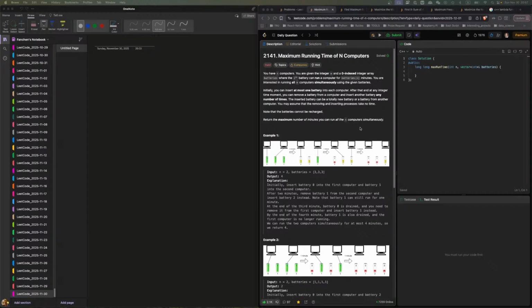I vaguely remember this. Vaguely. Solution-wise, I don't, but I vaguely remember this one. Like charging battery stuff. So n equals 2 computers, 3 batteries. The maximum running time is 4 because you can use 2